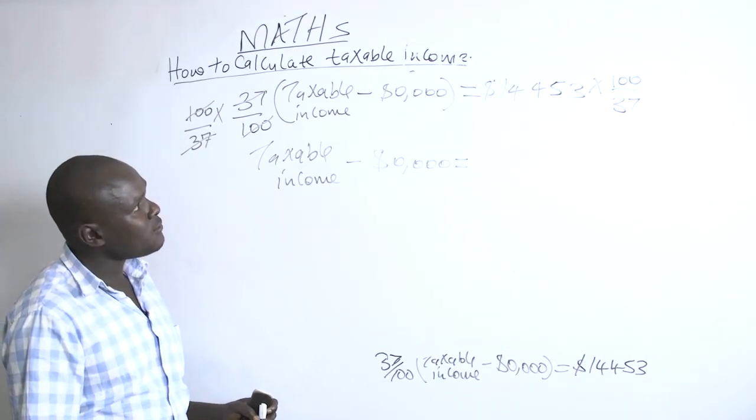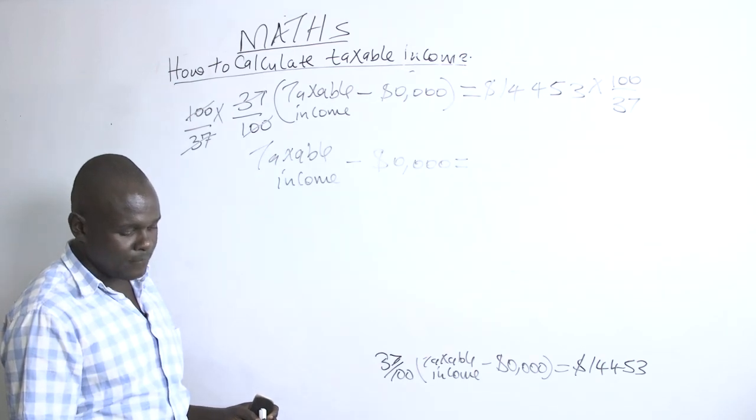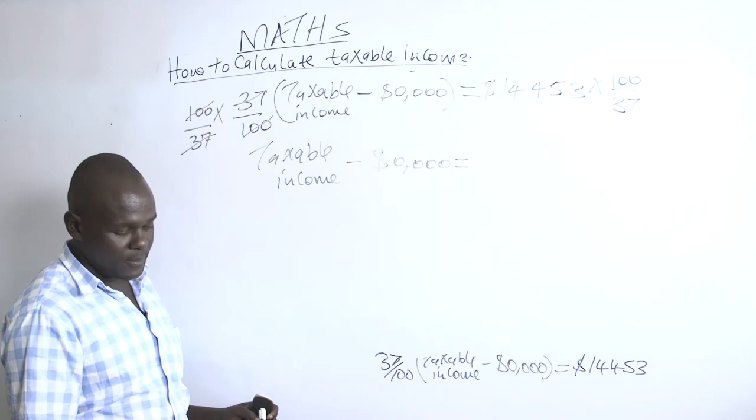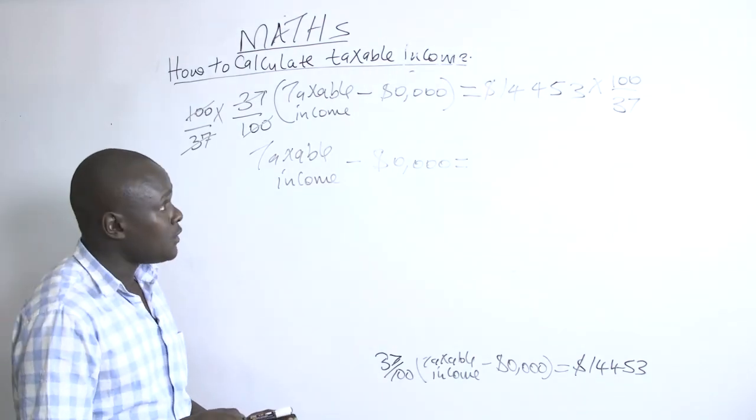When we take 14,453 times 100, then we divide the answer we get by 37, we end up with